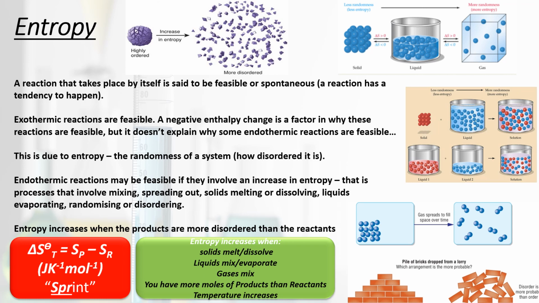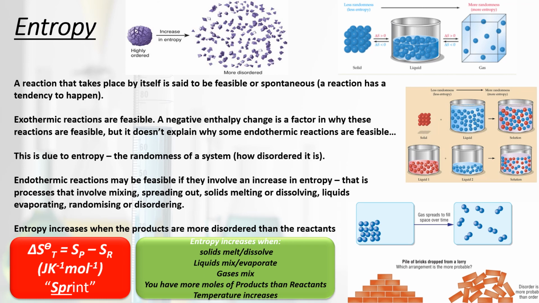And so what we want is for our systems to become more disordered, more random. Anything that involves mixing two solutions together, mixing two gases together, gases spreading out over a greater volume, solids melting or dissolving, liquids evaporating, anything that we can do to randomize or disorder our system. Another example that's not chemistry related is, imagine,